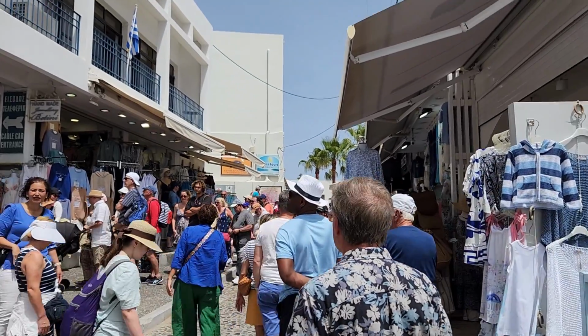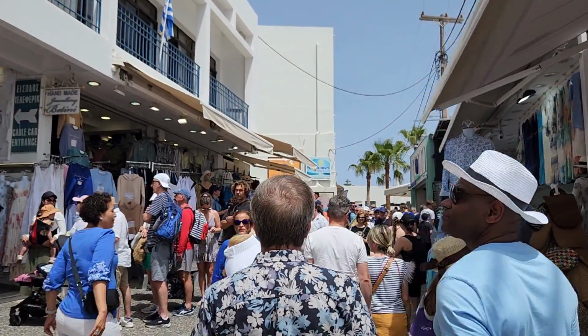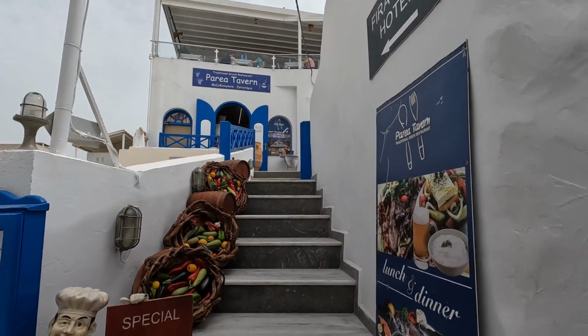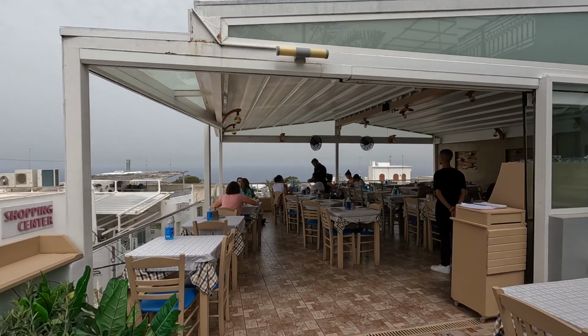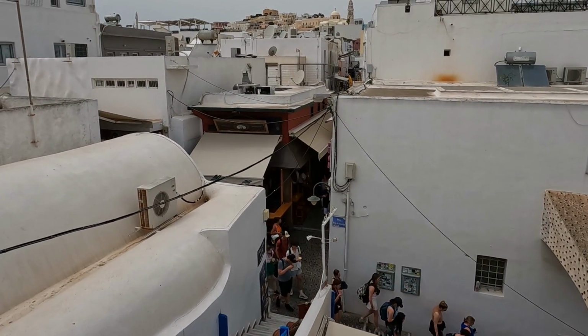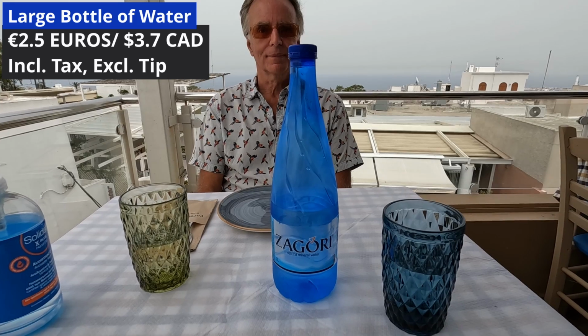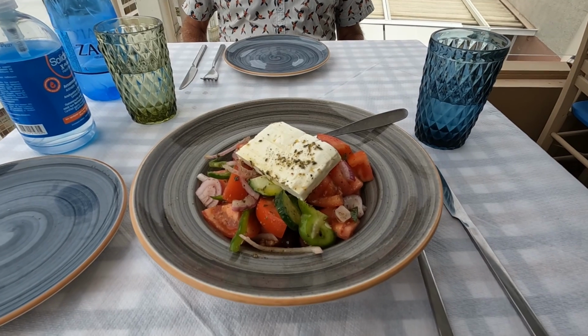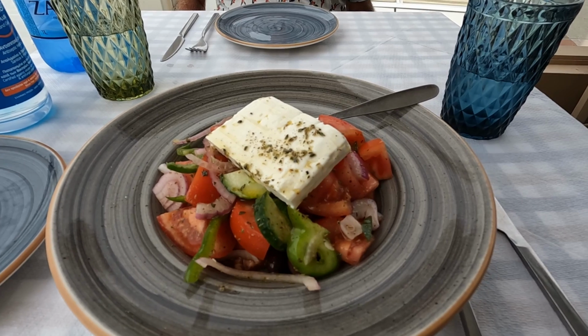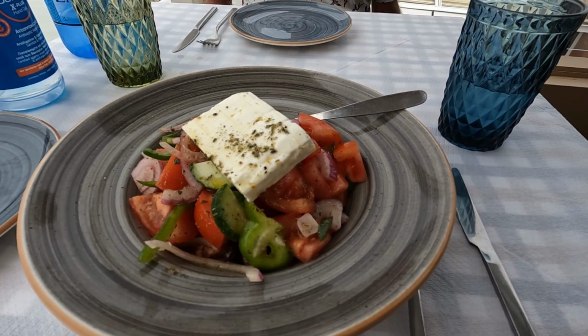After that, we'll wander through the bustling streets of Fira on our way over to the next restaurant called Patisserie Tavern. They have an open-air terrace on the second floor, which gave us a view of Fira's rooftops. We started with a large bottle of water to drink. Then we shared a Greek salad with tomatoes, cucumbers, peppers, olives, onions, olive oil, and a large chunk of feta